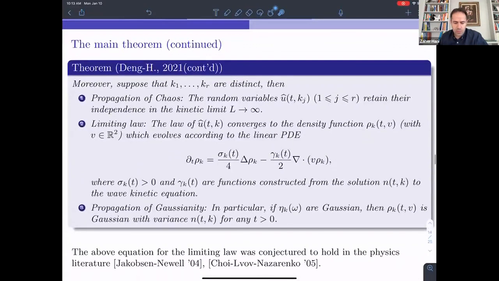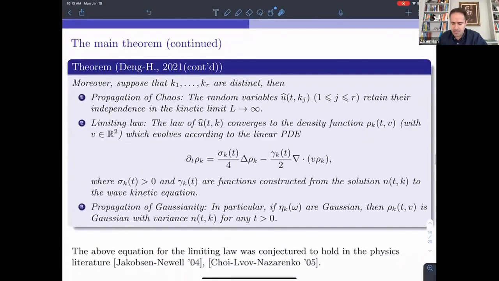In a later work that we put out in September or October of last year, we continued proving the rest of the assumption, or the rest of the kinetic conjecture, in terms of propagation of chaos. And we have the following statement. Suppose you take k1 up to kr to be distinct wave numbers, then we have propagation of chaos. What this means is that the random variables u hat of t, kj, so this is the solution,